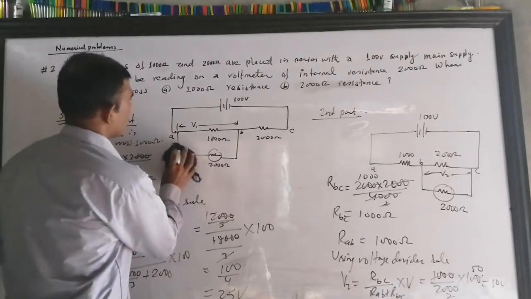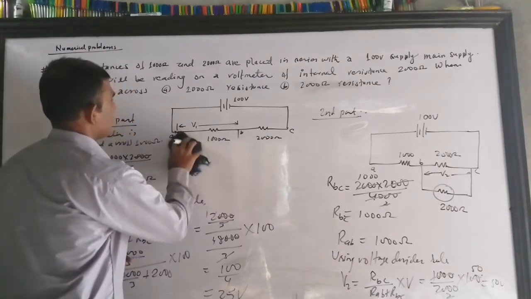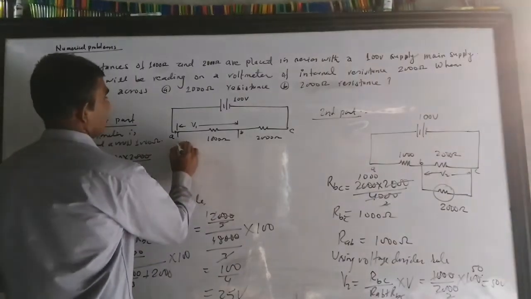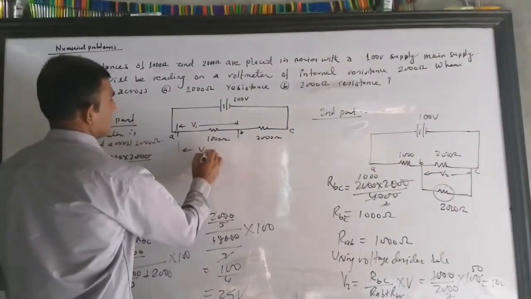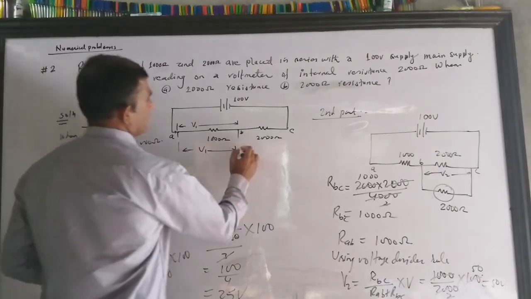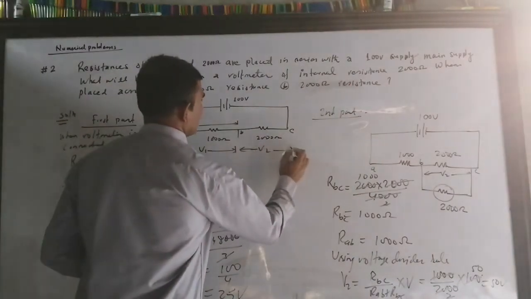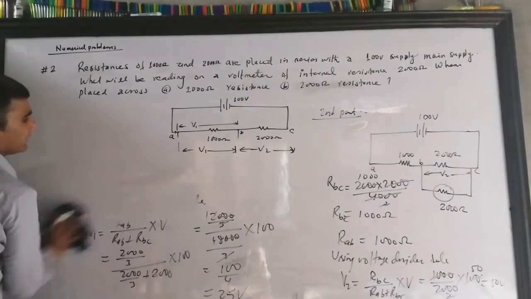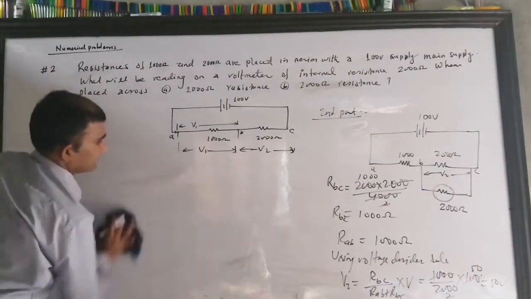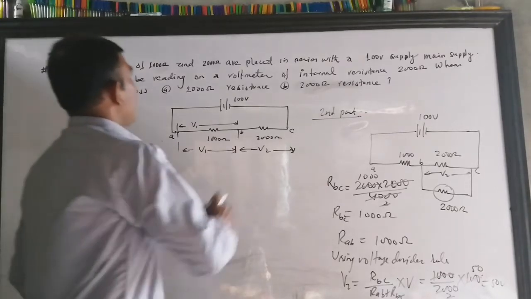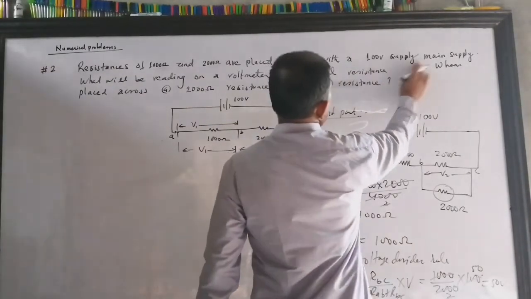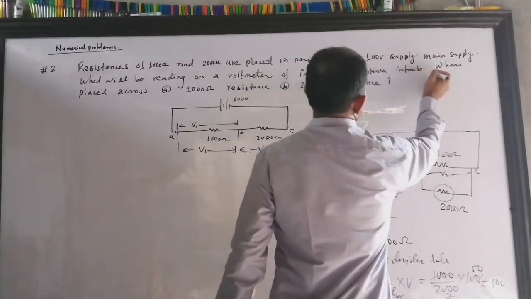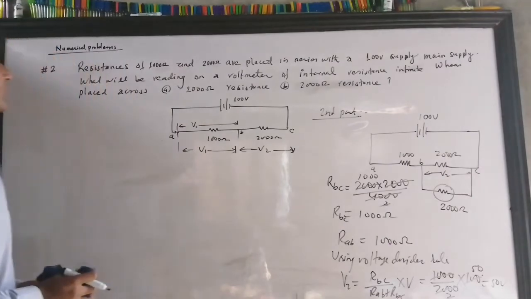Let's see if there is no 2000 ohm resistance, and you just find the voltage, then what will be the voltage here? Your question is already completed. You no need to find this. I am just telling you to give you the concept. Let me find this. This time the voltmeter has infinite resistance, so the voltmeter's internal resistance is infinite. So what will be the voltage across 1000 ohm?